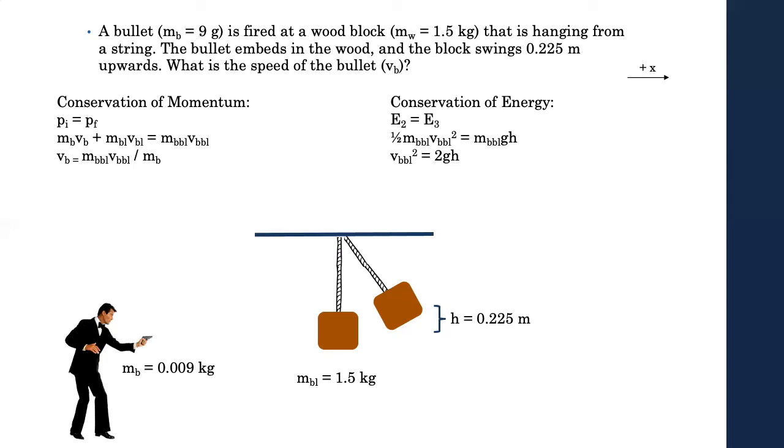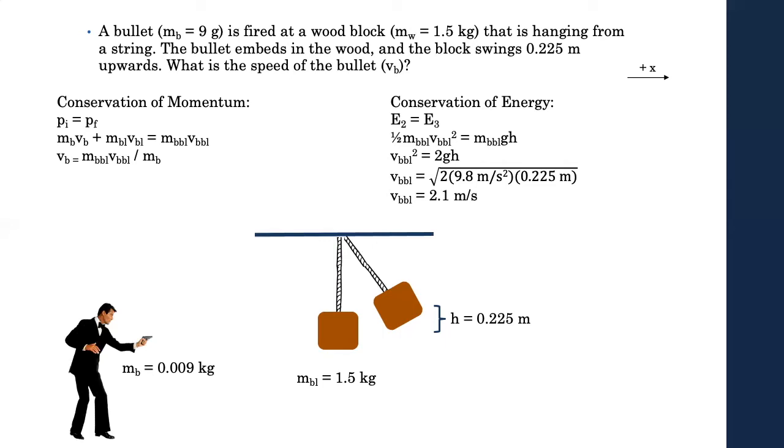I moved the 1/2 from the left side of the equation. It's now on the right side as the 2 there. And so if we isolate for the speed of the bullet block, some quick calculator punches, we get 2.1 meters per second. So now we can go back to our conservation of momentum equation, and we can sub in